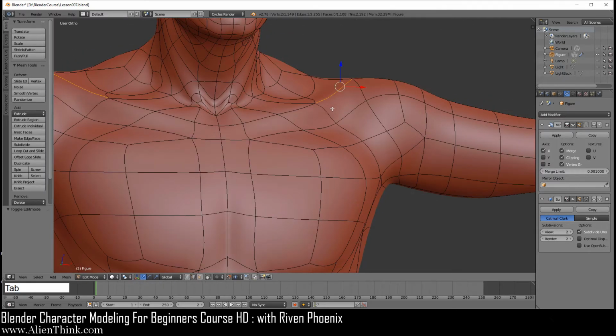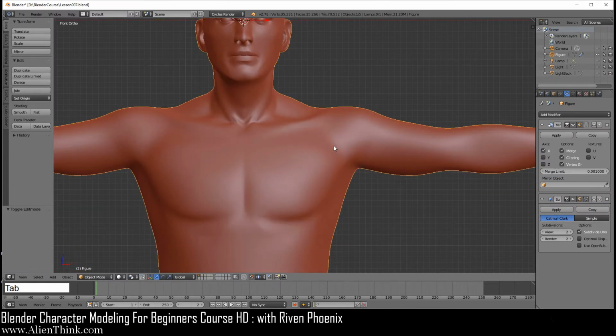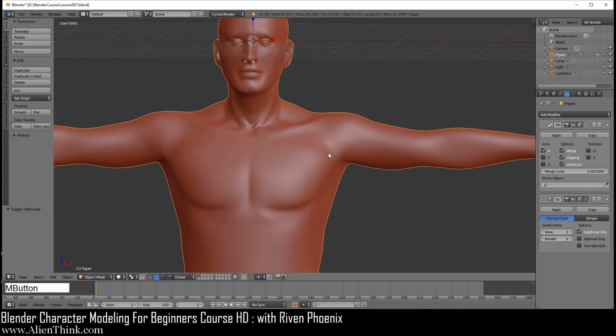clavicle. So obviously when you rotate that, these are a little too deep over here. We're just going to click on the vertex over here and then do 1, 2 to come up, and then 1 over here, and then do tab. You can see that we've now successfully defined this area very quickly, right?